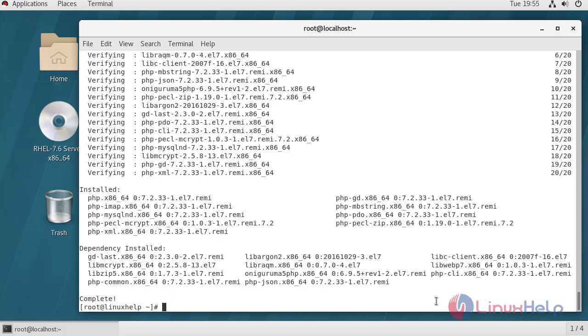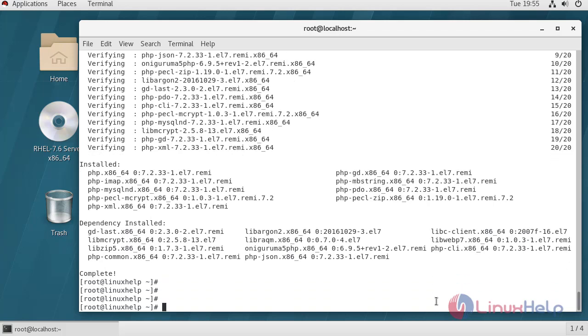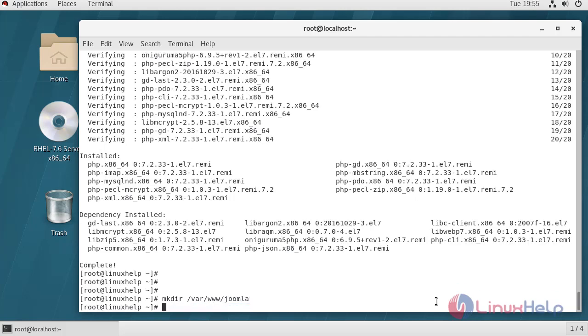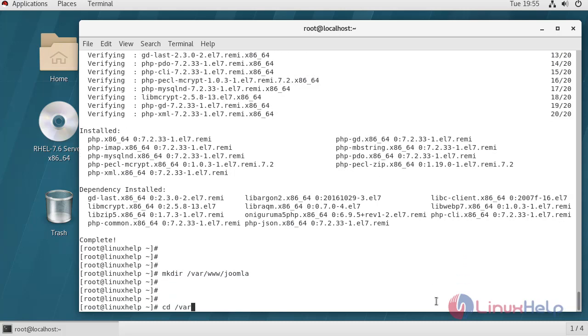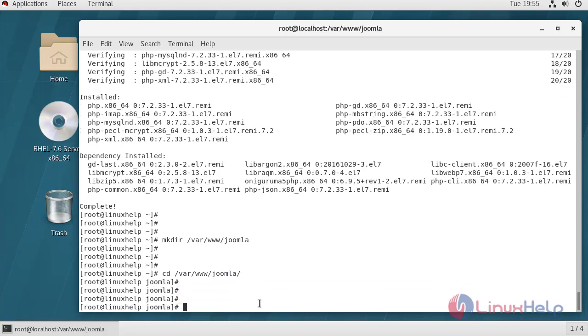After installed PHP, we have to create Joomla directory under www. Change directory to Joomla. Here, download the Joomla CMS by executing the following command.